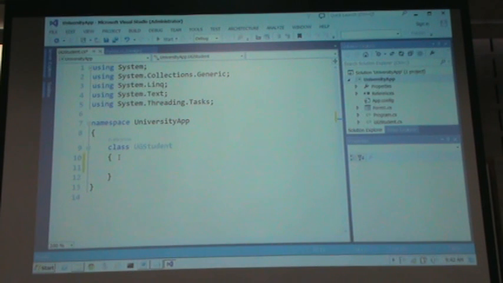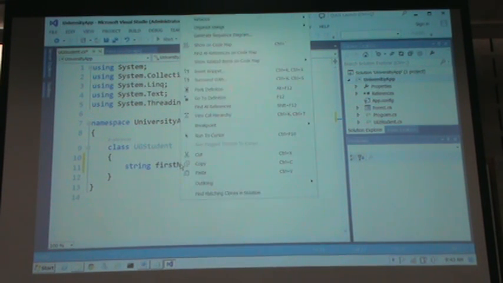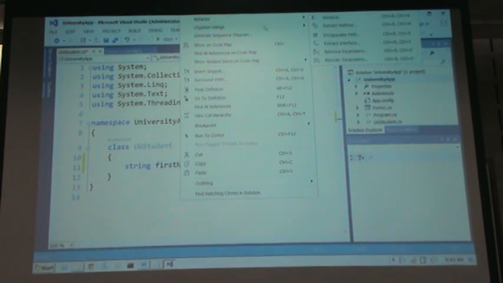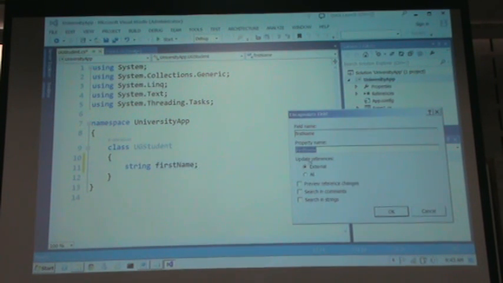So string first name. The default in C# is private, unlike Java where the default is public, okay? So private fields start lowercase, as we have discussed a few times before, okay? Then corresponding to this private field, if we right click, refactor, encapsulate field,